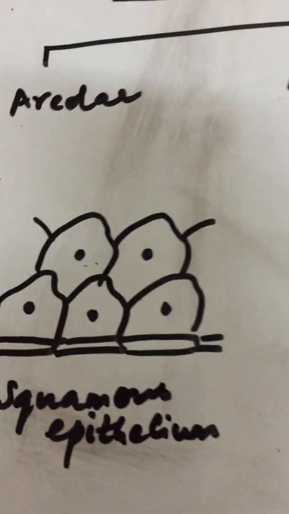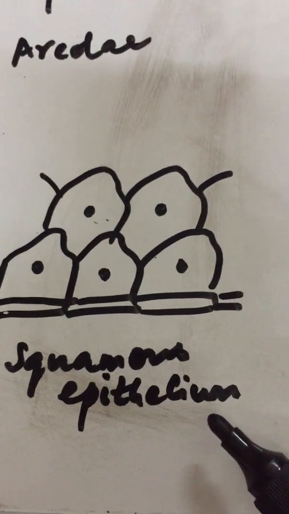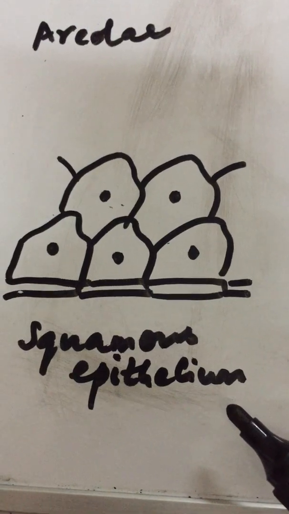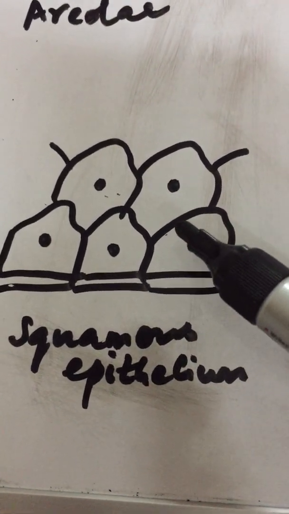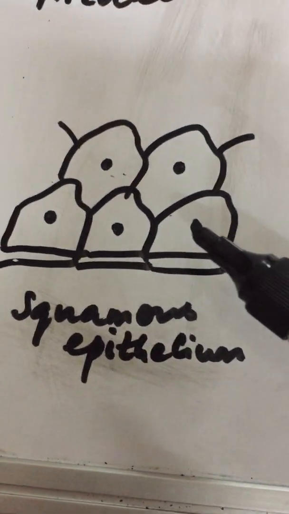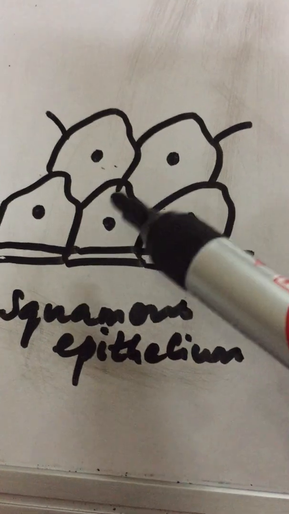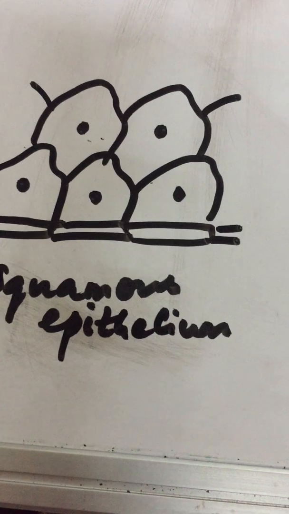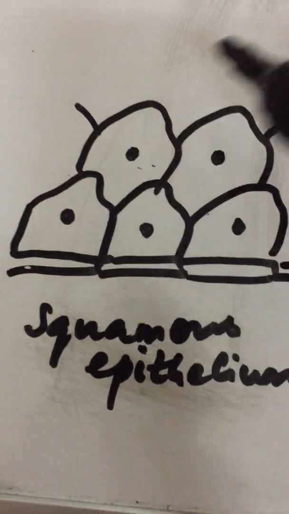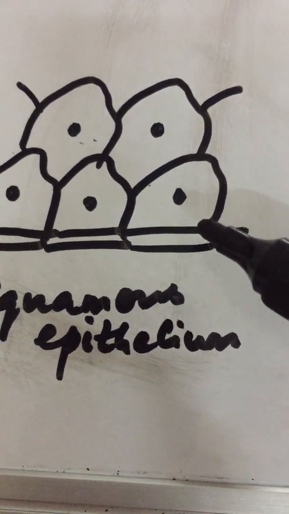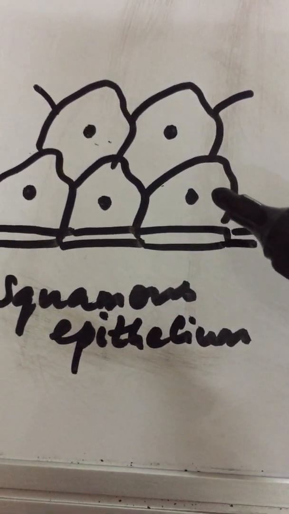We'll first begin with epithelial tissue, which is basically a protective tissue. The first kind of epithelial tissue, as explained to you earlier, is squamous epithelium. Squamous epithelium consists of cells which look like this. They are thin, flat, plate-like, without any intercellular spaces, and having a prominent nucleus in the center. So thin and flat cells with a prominent nucleus in the center, present in the lining of the mouth cavity